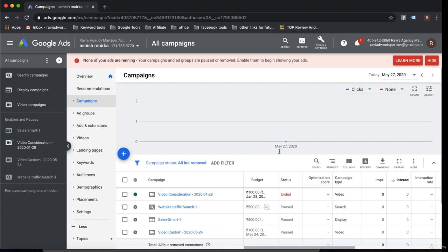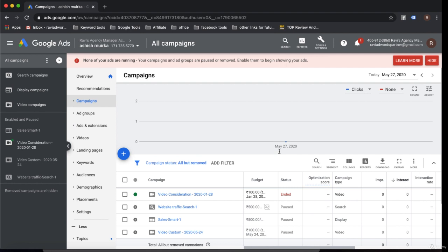What is CTR? CTR stands for click through rate, which is defined by clicks divided by impressions multiplied by 100, that is your CTR in percentage form. Like 100 people are seeing my ad and 1 person is clicking on my ad, that is 1% CTR. And CTR should not be below 1%. If CTR is below 1%, that means you are not planning with good ads and good keywords. Your campaign is not well structured, and your keywords are not well defined and relevant.